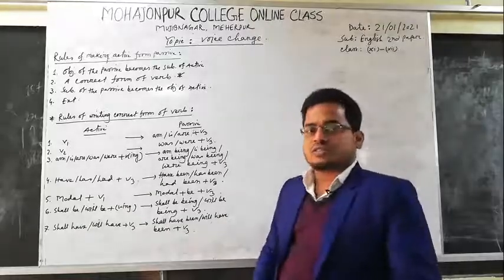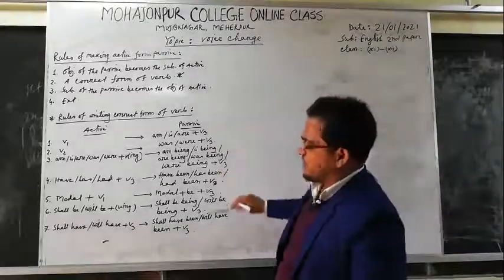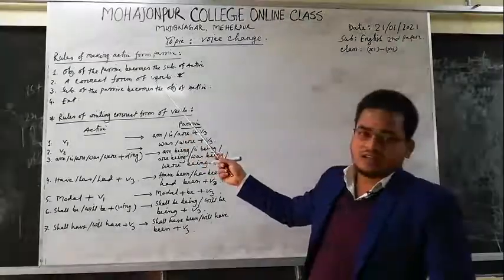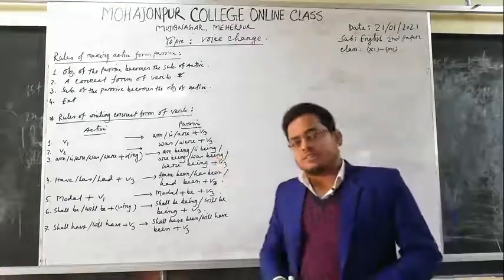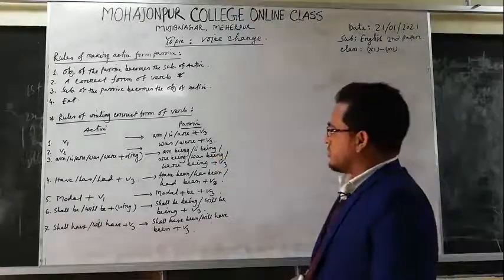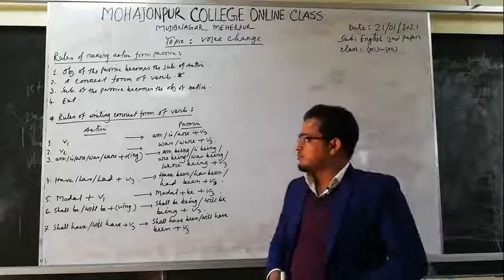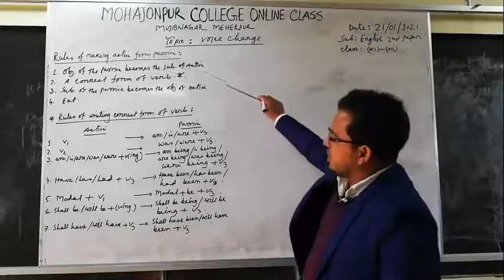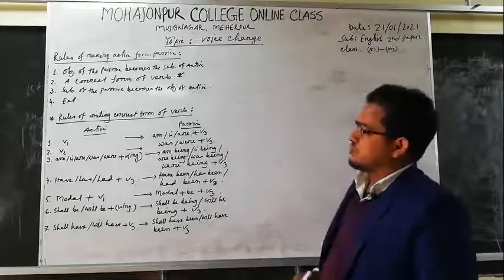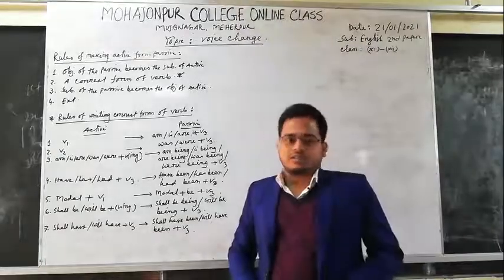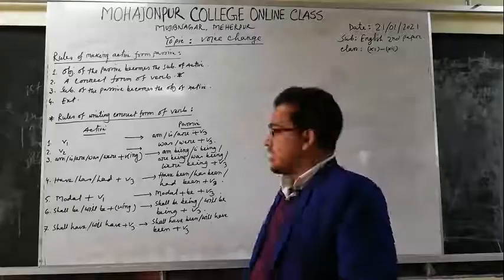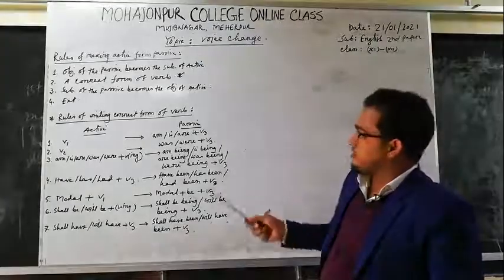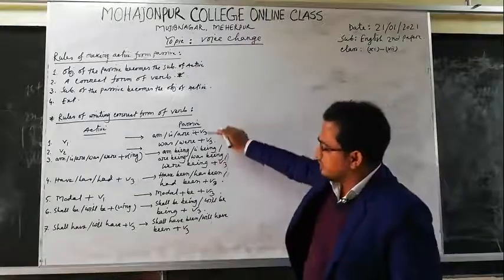So my dear students, these rules are very important for you to make the correct form of verb here in an active voice from a passive. It is advised to you, you have to memorize all these rules at first to make an active voice from a passive. Now students, we will see how we can make active voice from passive by using these rules.